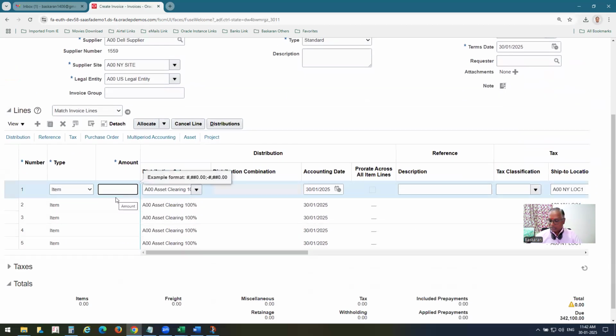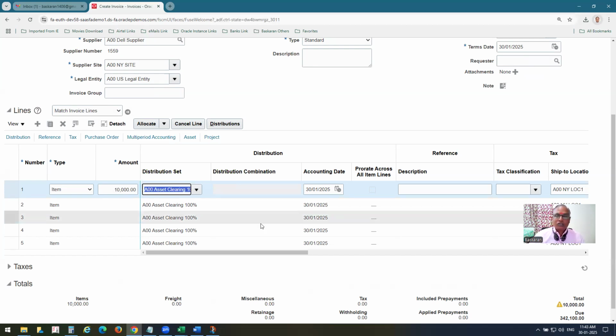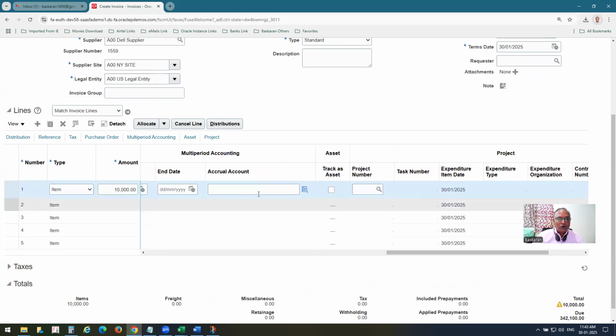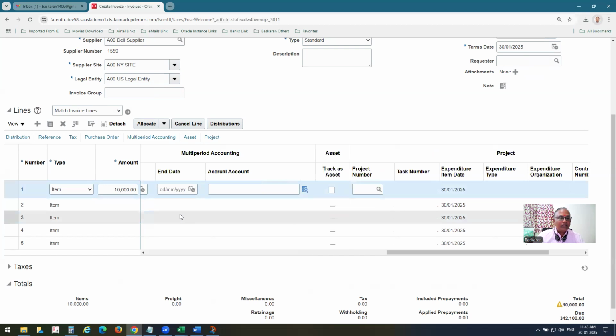So amount, it is 10,000 first. Raja, there is a bug. Several bugs I started explaining. Now, a very important bug. What is that? So let me give my mass addition copier. When you are giving an asset clearing account, track as asset, no need to enable. What is the bug? I will tell you. So let me select my,